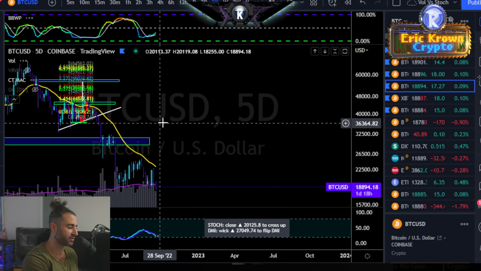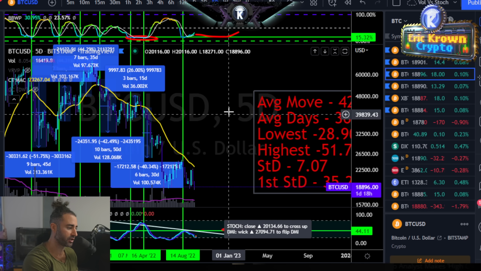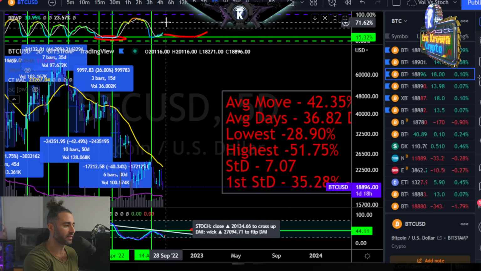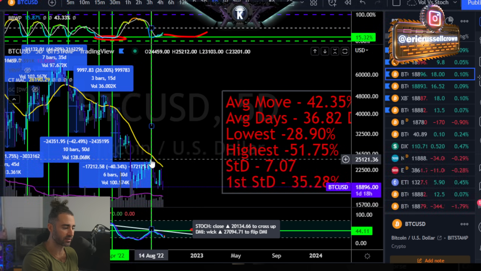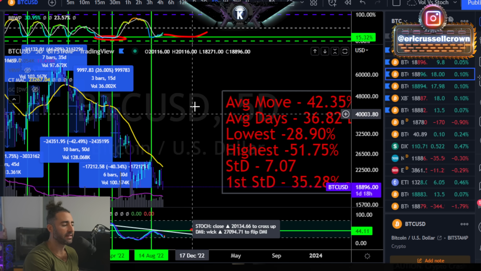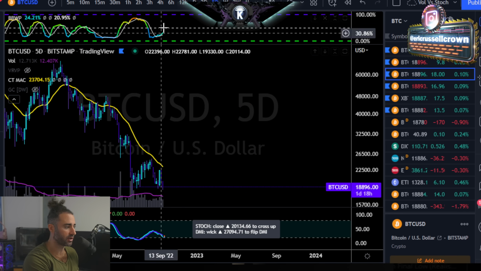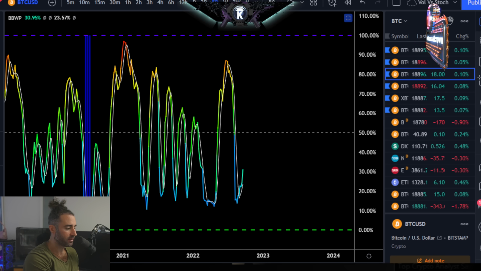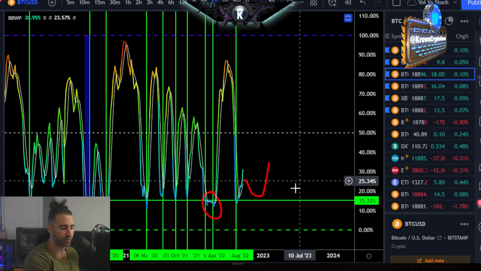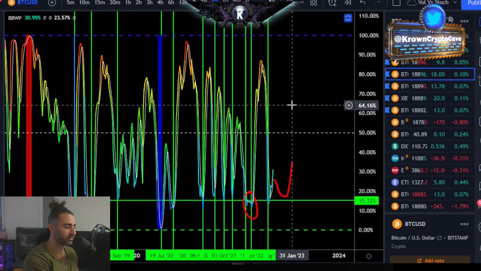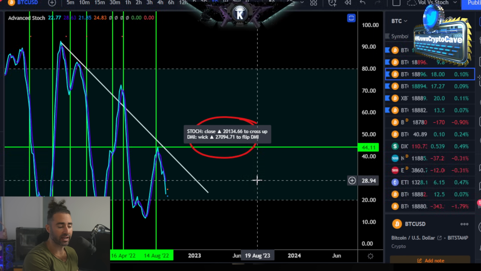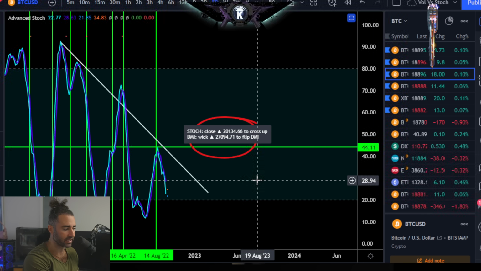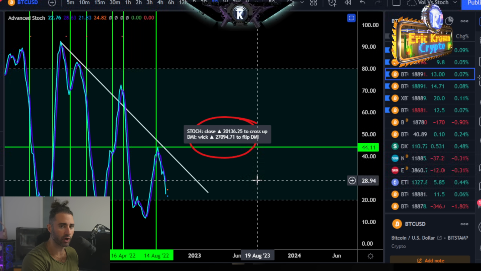So the 5-day time frame is another big one that we've been focusing on this channel, and there was a big 5-day signal that fired off back over here in the middle of August when Bitcoin got rejected from about 25,000 bucks. It's the same signature as far as the actual signals go, or very similar, I should say. The 5-day BBWP getting down to about the 15th percentile and then expanding from these lows, alongside the 5-day stochastic oscillator,